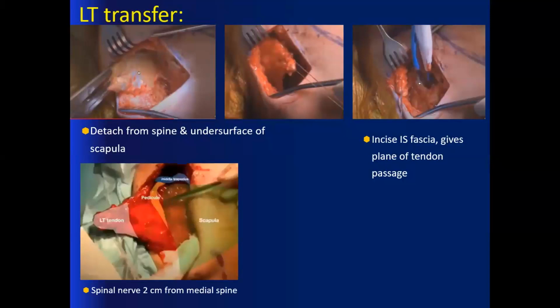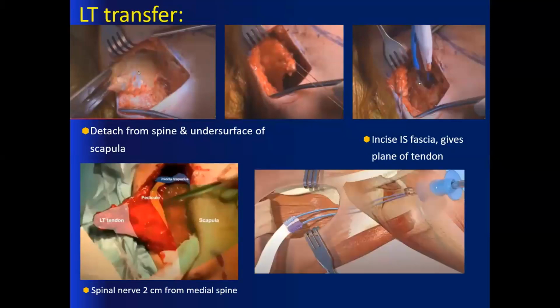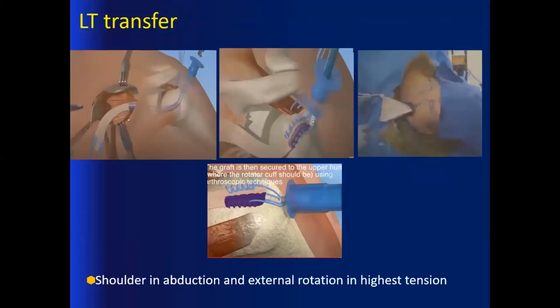While detaching it, we have to be careful in detecting the spinal nerve, which comes 2 centimeters from the medial spine. After that, once the plane is created, just anterior to the deltoid muscle, one end of the allograft suture is passed, and it is pulled through the lateral portal, and the distal end of the allograft is stitched to the footprints of the cuff,